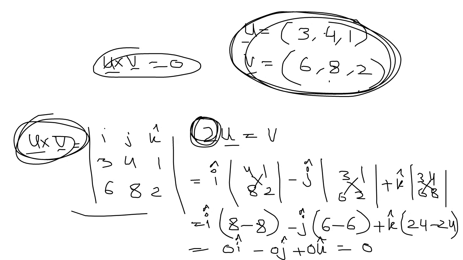Okay, so I will repeat again. Whenever you have two vectors and you multiply any one vector by any number and that gives you another vector, that means they are parallel vectors. So when the vectors are parallel, their cross product is equal to 0. Okay, got it? Understand? Is this clear?